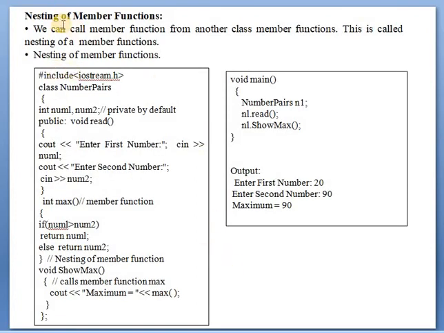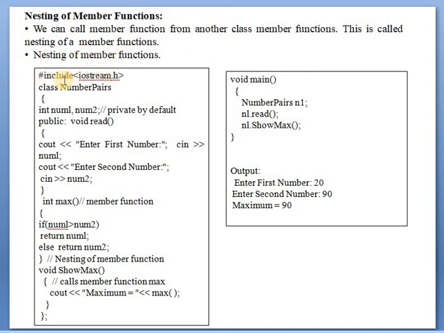Now we will see the nesting of member functions. We can call a member function from another member function of the class. This is called nesting of a member function, just like a nested if else. If we call any member function from another member function, it is known as nesting of member functions. So see here,